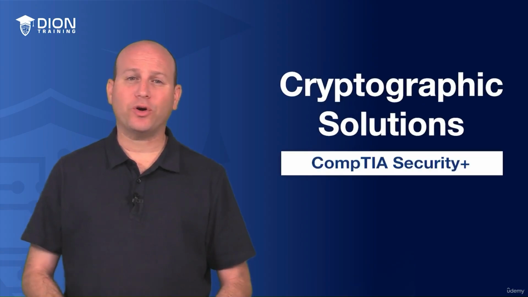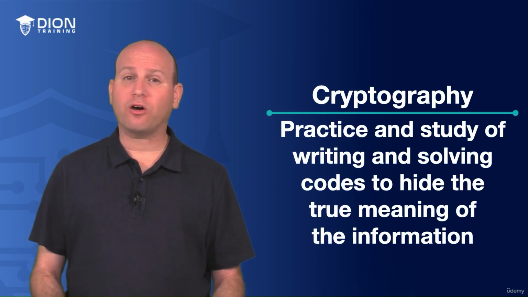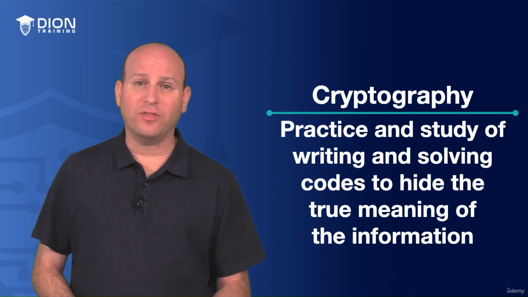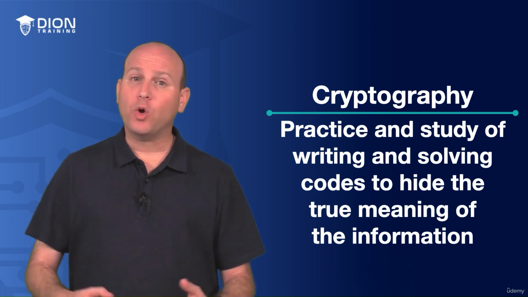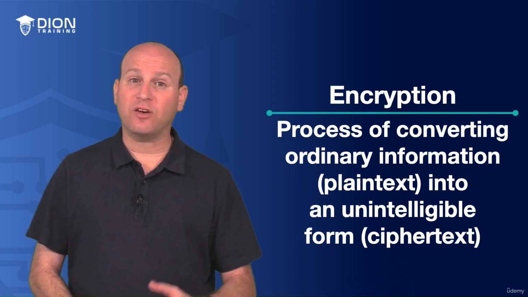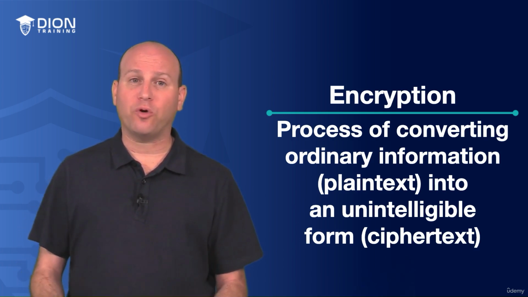In this section of the course, we're going to be focused on cryptographic solutions and cryptography. Now, what is cryptography? Well, cryptography is the practice of writing and solving codes in order to hide the true meaning of the information. Most commonly, we're going to use cryptography as a form of encryption. Now, encryption is the process of converting ordinary information, known as plain text data, into an unintelligible format known as